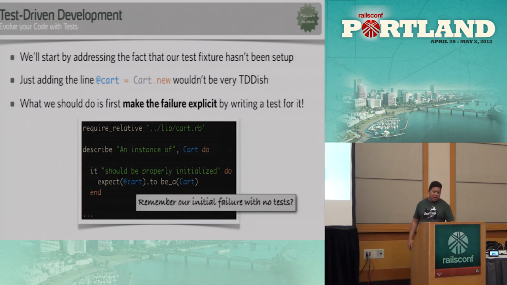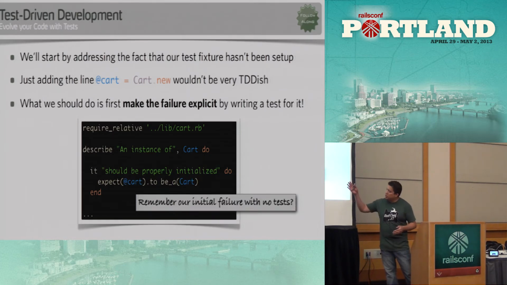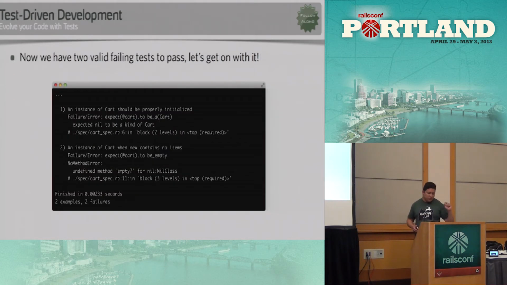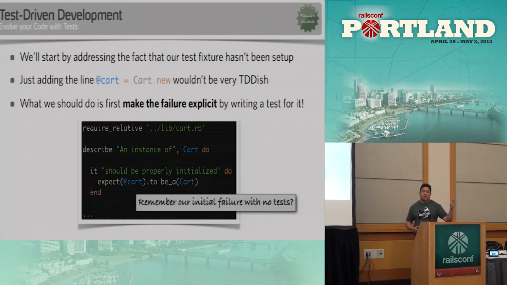So I'm going to create a very simple one by saying @card equals Card.new. And where should I put that? When I started using RSpec, you would just put it right on top of that expect line, and you would have an object to test on that expectation. The idea of having the describe blocks is to gather specific tests against one state of a class that you're under test. So in our case, we want to test a brand new card. And that's what we want in here: to have a before block that sets up everything.